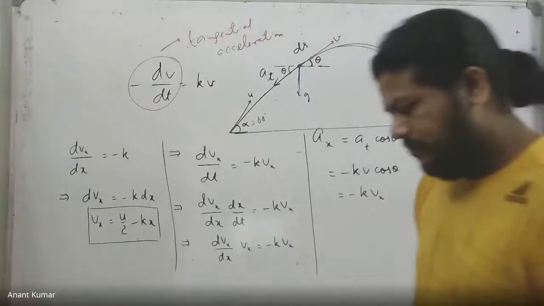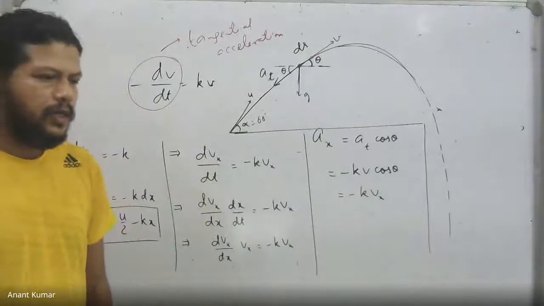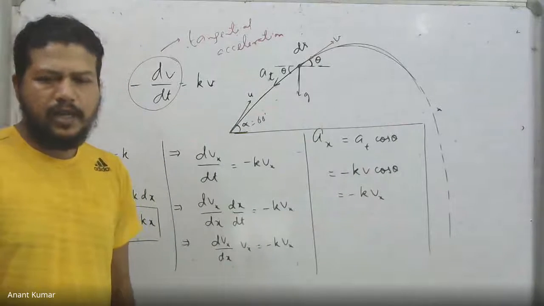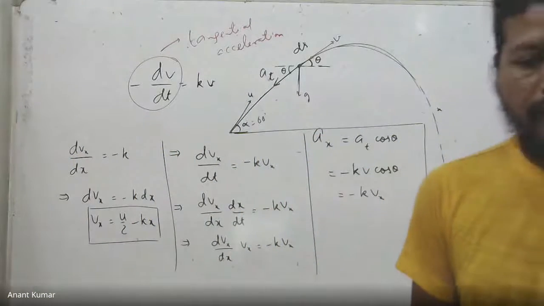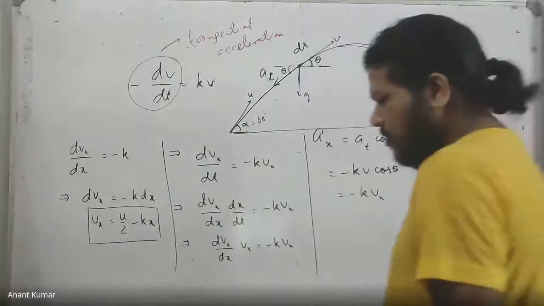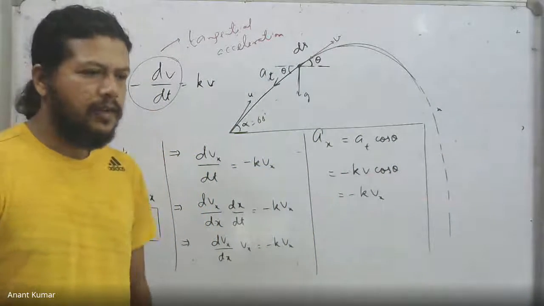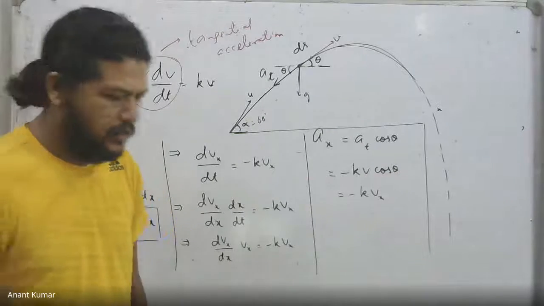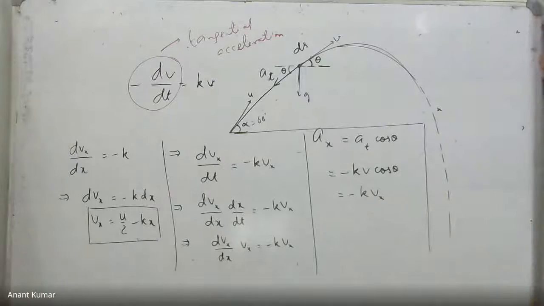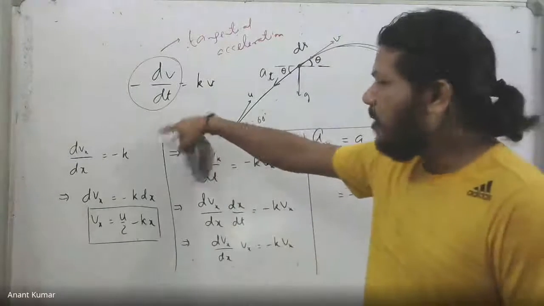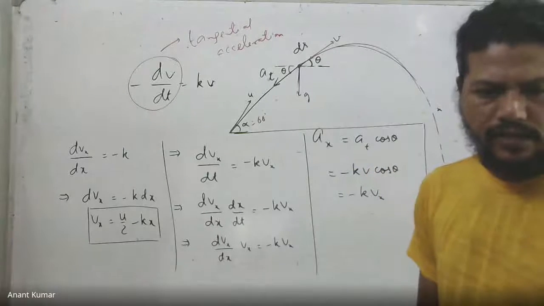Well, in the diagram, the point is that when we have to describe the motion along a curved path, we can describe the acceleration in a different way as well. Whenever you have acceleration in a certain direction, it will definitely affect the speed in that direction. In this case, the acceleration is du by dt, which has a minus sign, so it is technically retardation. That retardation is called a tangential acceleration in this case, okay?